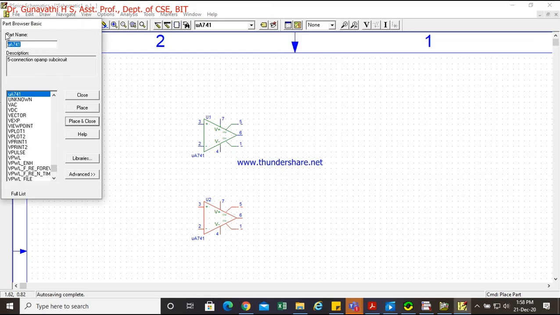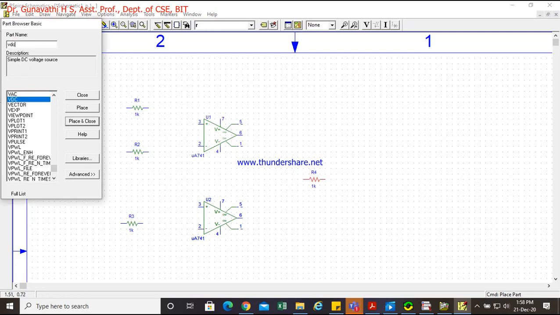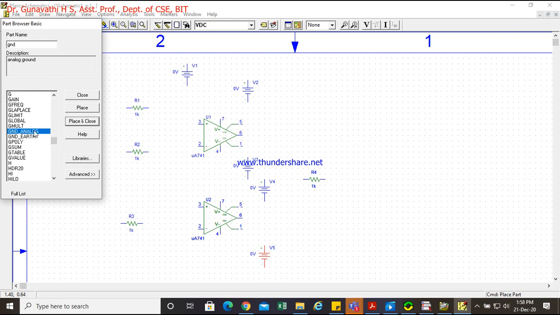Okay. Now I'll just load a resistance. So three resistances across the input, one resistance across the output, then VDC. So VDC, one for providing VCC and two for biasing of this, two for biasing of this, then ground. So ground, earth. So one for this. For all these potentials, we require the ground, okay? And for this resistor also, I require a ground.